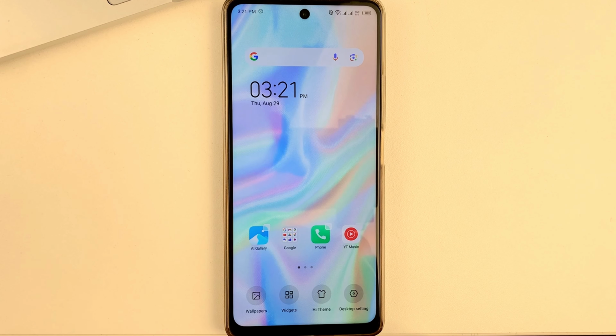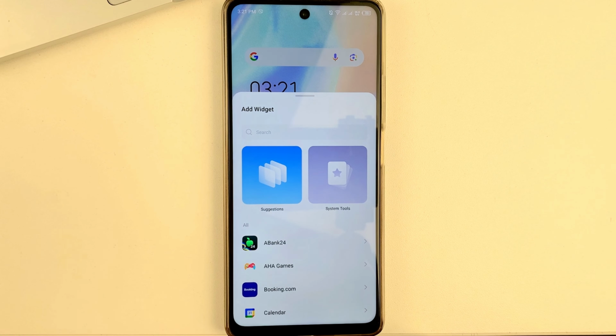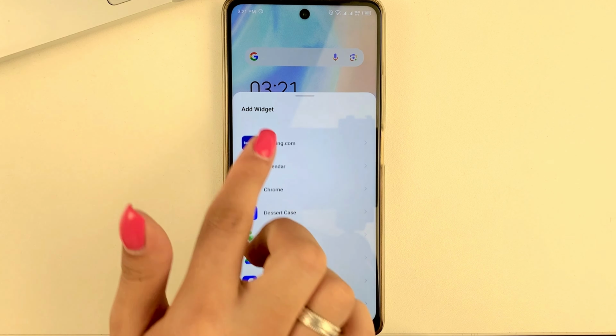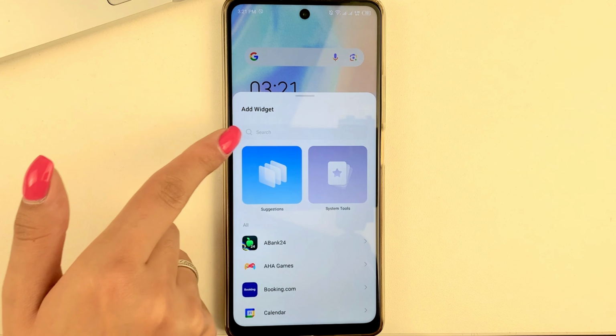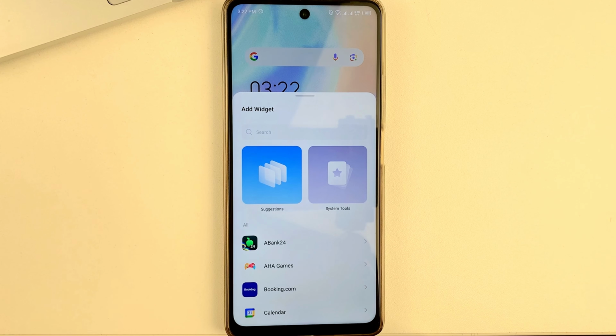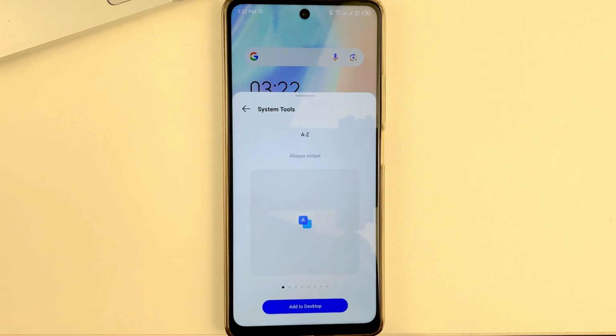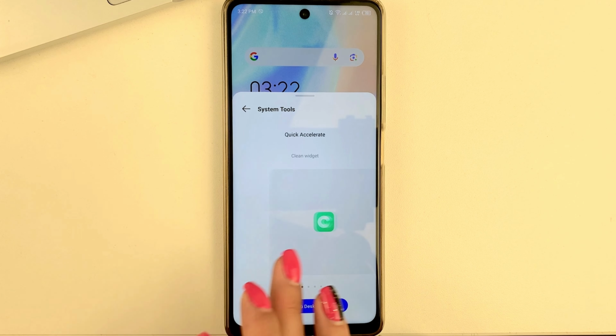And as you can see, you'll get a menu like this at the bottom with various widgets, screensavers, and so on. Click on the Widgets section. You'll either need to find the weather in the list, which you'll see, or you can find it in the search box by typing in the word weather. Or you can find it in the system settings, like I have.